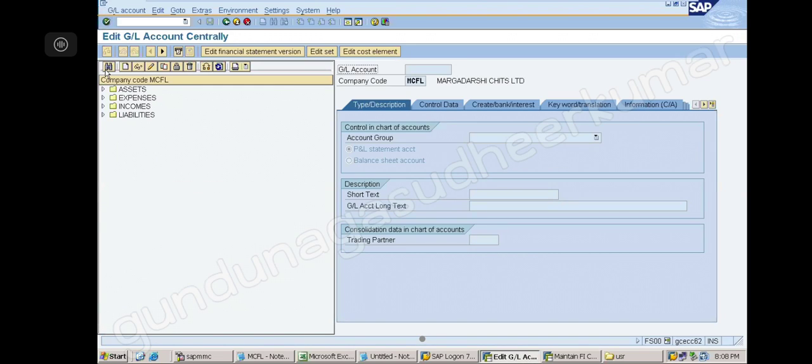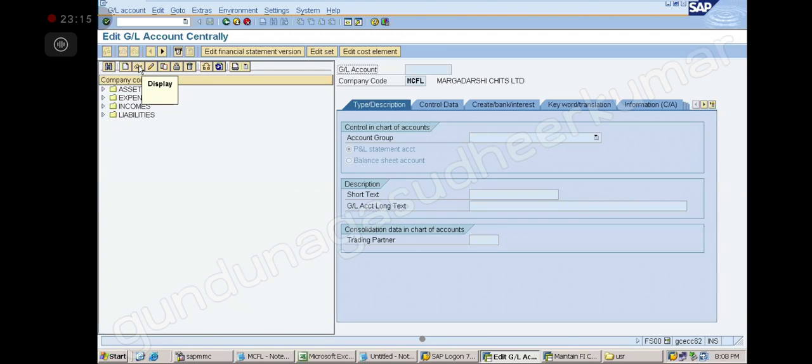Now the point to note is that this create button is the same in all the screens. There are thousands of screens in SAP, and wherever create is there, it will be the same button only. The change is always this change only.